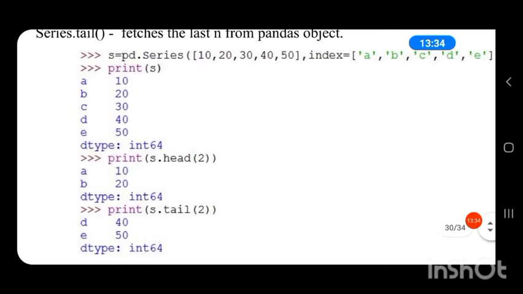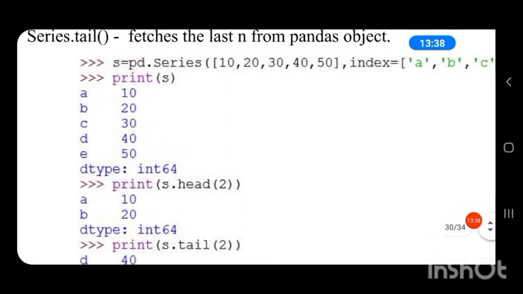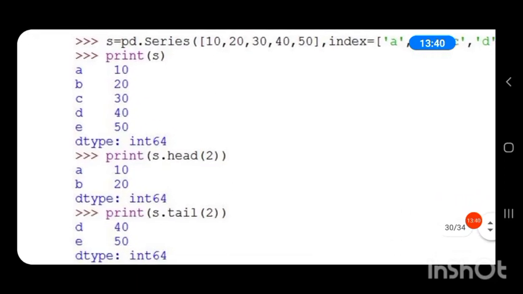Then S dot head of 2, that is S is our series, and inside the head function the value of the parameter given is 2.